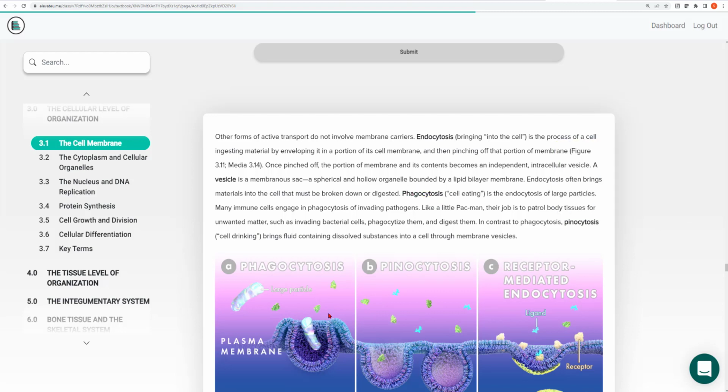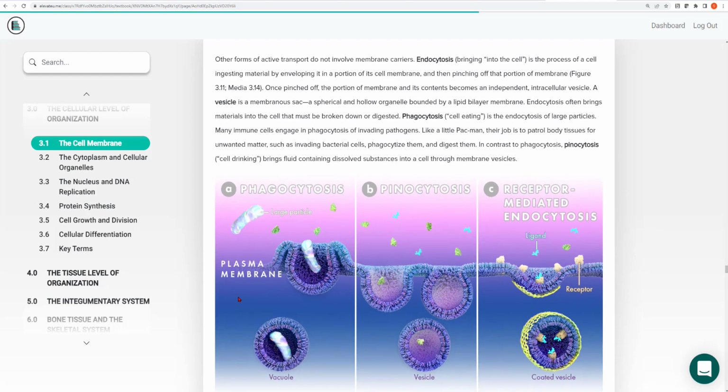Literally what happens here is, in this picture, here is the inside of the cell in the blue. Here is the outside of the cell in the purple pink. This large particle could be a large nutrient molecule. This could even be a bacterium that this cell is going to engulf. But what happens is the cell membrane reaches up and around and encircles this molecule. What was on the outside is now inside the cell.